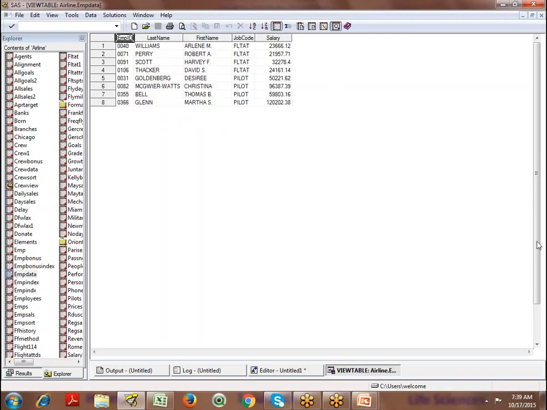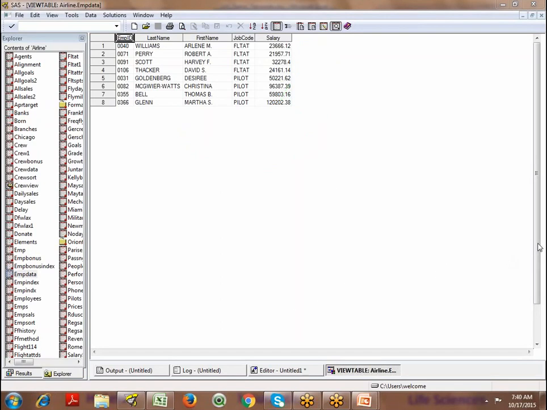So I would like to create a new column called bonus. Now I'd like to create a new column called bonus on the output table, which does not exist. So are you transforming the input table into output table so that you can create a new column called bonus? Okay, so let us see how you create this new variable bonus.